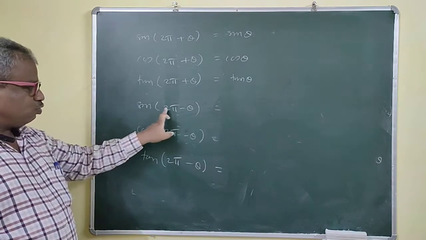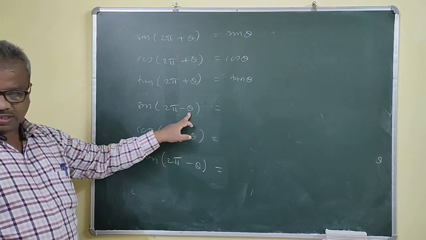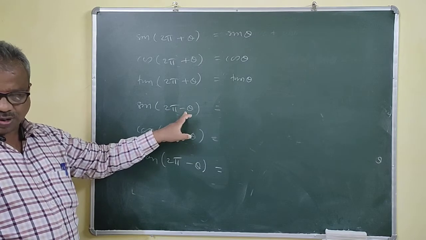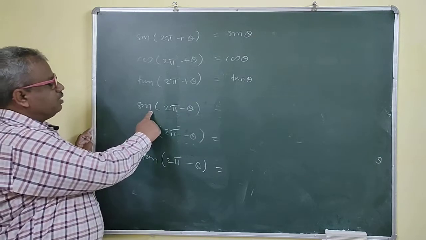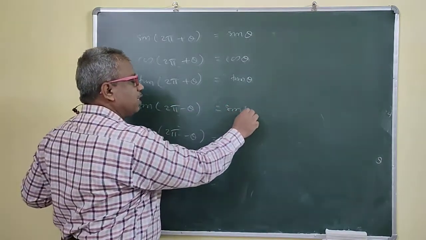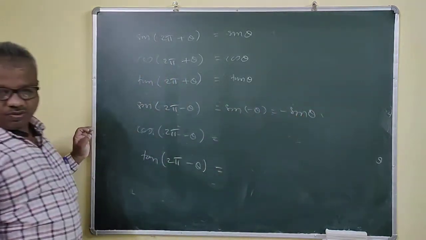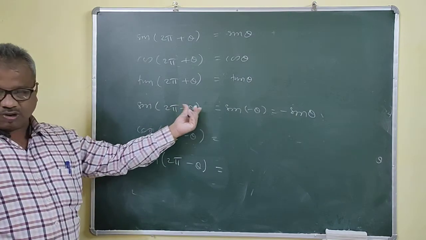Now sine 2 pi minus theta is what? So see here, sine 2 pi cos theta, then the second term is what? Minus sine theta cos 2 pi. Cos 2 pi is 1. Right? So this is minus sine theta. Now see how you can write this? Sine 2 pi plus minus theta. So this is sine of minus theta actually. But sine of minus theta is minus sine theta. In this way also, because 2 pi is the period, your angle theta is minus theta now.